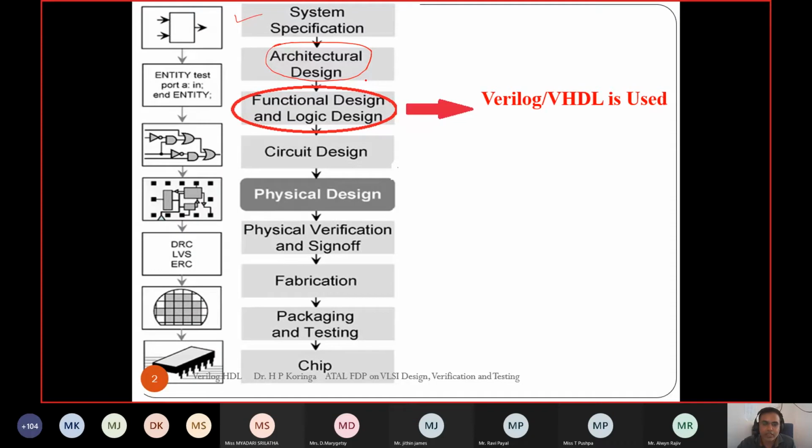But for today's complex designs, it's not even possible to implement without a language. There are two types of HDL: one is Verilog HDL and another is VHDL.